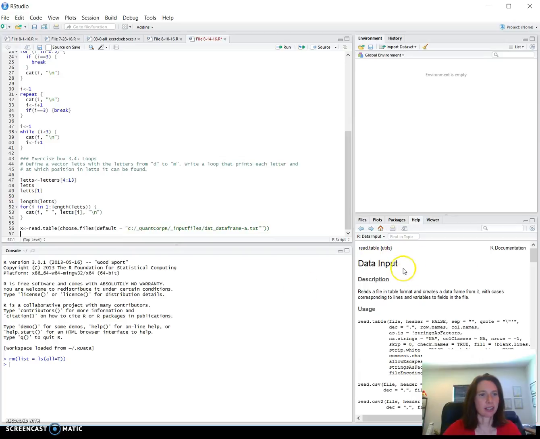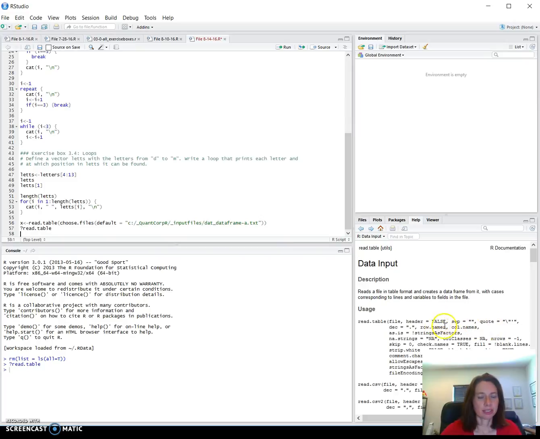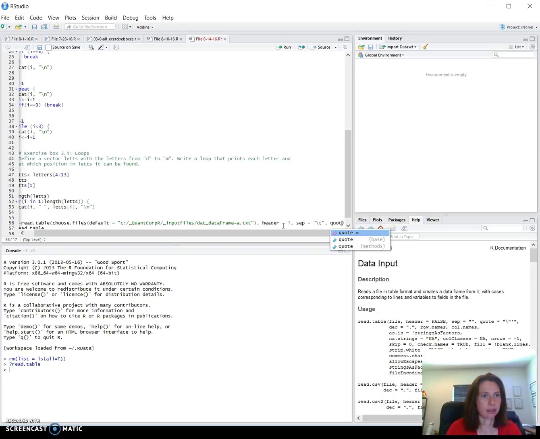And you can see that I already looked up read table, but just to see how I did that, again, I do the question mark read table. I have an extra quotation mark. So then this reminds me of the arguments that go into it, and this one does have a header, so I need to say it's true. The default is without the separator, so I'm going to do a tab separator since that's what most of them have that I'm working with, and the quote